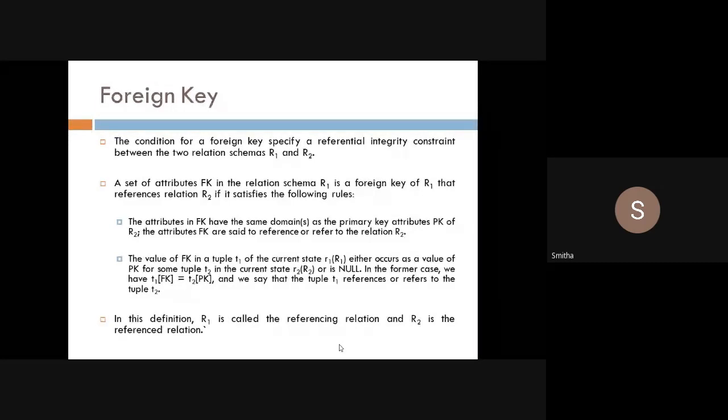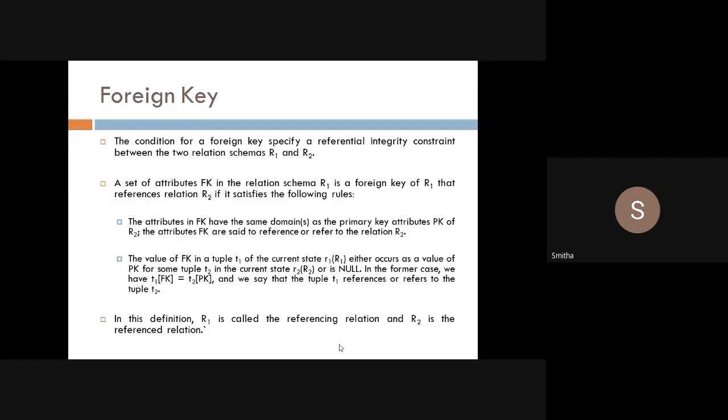Okay, so the condition for a foreign key, that is done. So a set of attributes FK in the relation schema R1, R1 means relation 1. Now I am talking about two relations. The set of attributes FK in the first relation is a foreign key of R1 that references relation R2 if it satisfies the following rules.